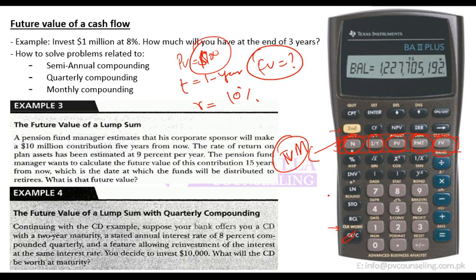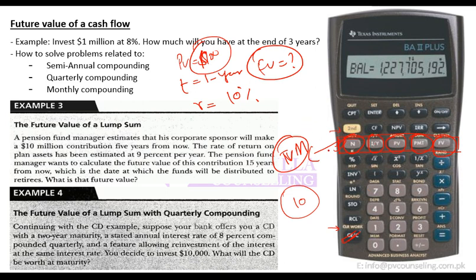Now I/Y is your interest rate. So put 10 on your screen. Make sure you put it in percentage terms. Do not put it in decimal. Your calculator would know that you are inputting it in percentage. So press 10 and then press I/Y. When you do this, this 10 gets stored into I/Y. Then again clear CE, and then you have to input present value.